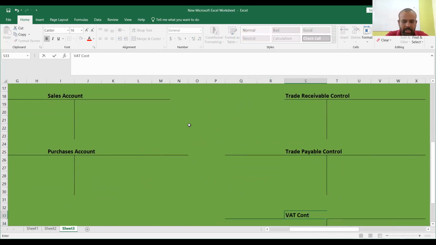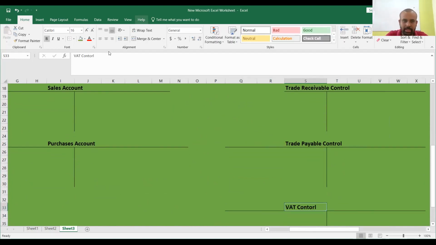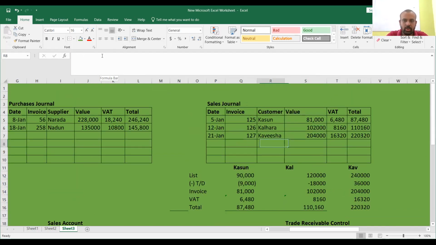Nothing can be recorded in the general journal, because the general journal is kept for control accounts and rectification of errors, and many other things. It is important how to update the control account. The control accounts will be updated at the end of the month, but the individual ledger accounts need to be updated soon after the transaction takes place. Okay, now if you take the total like this,